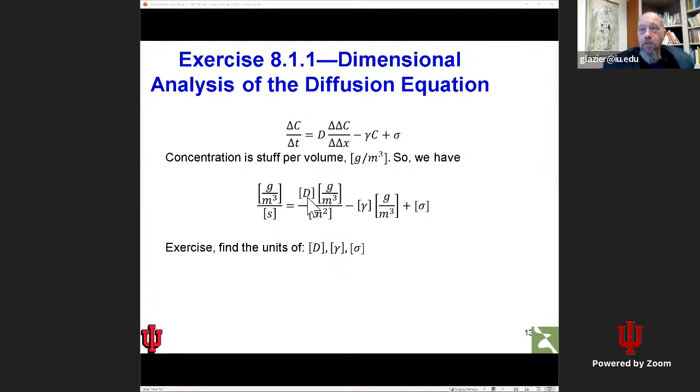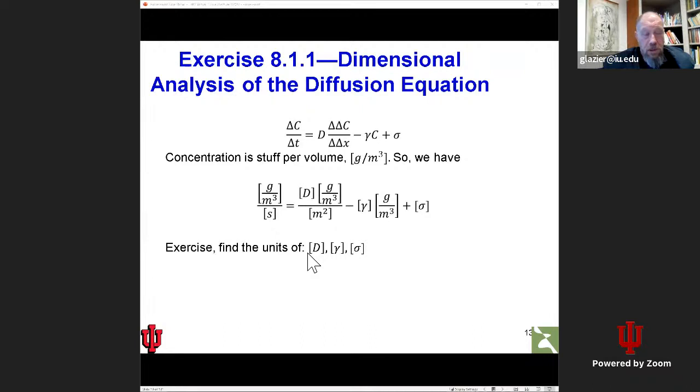So all I'm trying to do is put the thing I'm trying to find the units for on the right by itself, and whatever is left on the left is my answer. In the case of sigma, I don't have to do anything because it's not multiplied by anything on the right. So it's just sigma equals that. In the case of gamma, I have to divide through by G over M cubed. So I'm left with 1 over seconds. In this case, I have to divide through by G over M cubed, 1 over seconds, and multiply through by meters squared. The units of D are meters squared per second,